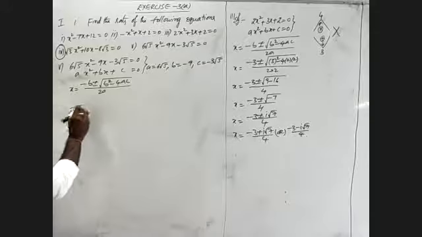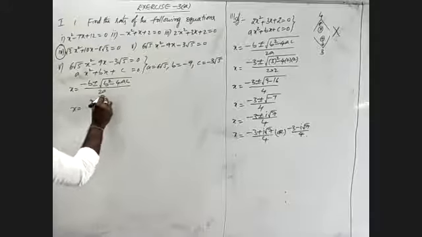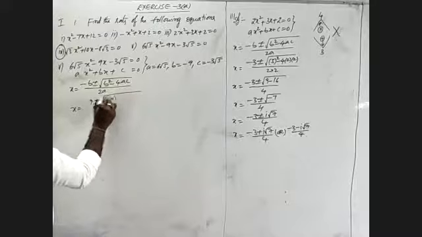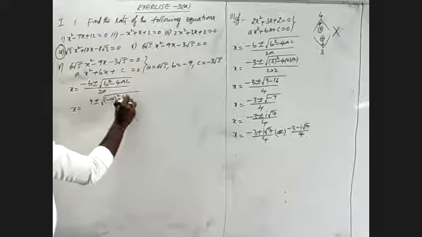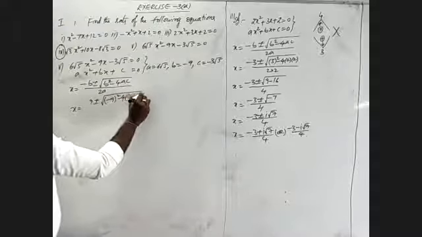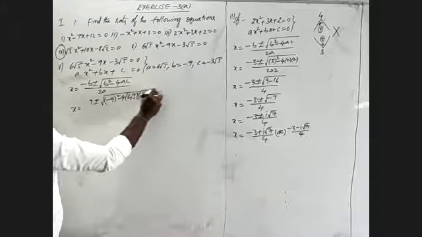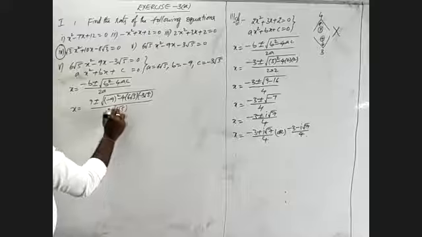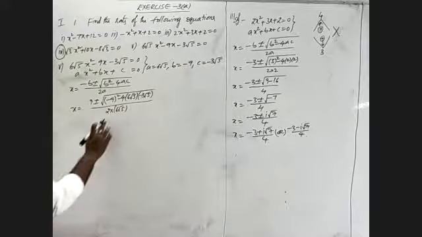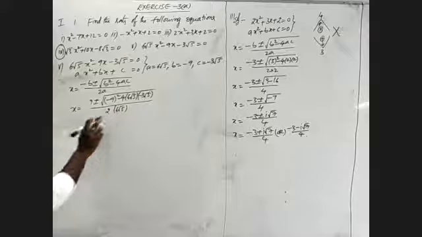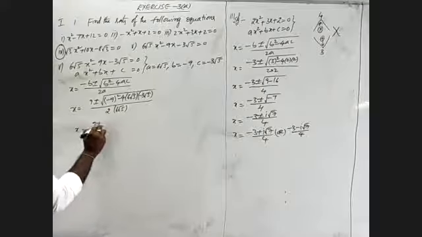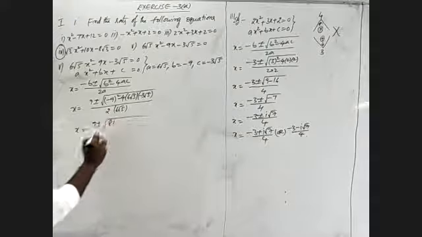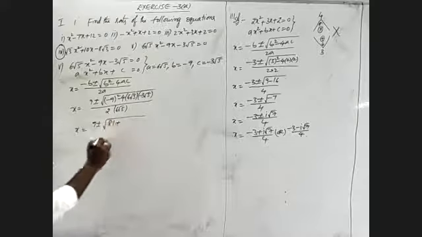That is x equal to minus b, minus of minus 9 is plus 9. After that we will take minus 9 whole square minus 4 into 6 root 5 into minus 3 root 5, by 2 into a, where a value is 6 root 5. Here I will write x is equal to 9 plus or minus root of 81. Minus into minus will become plus.